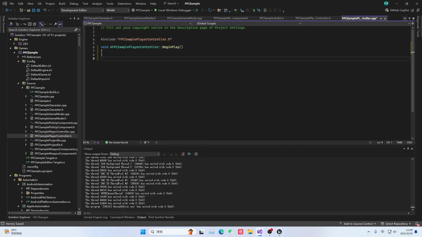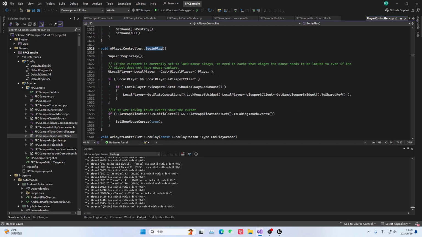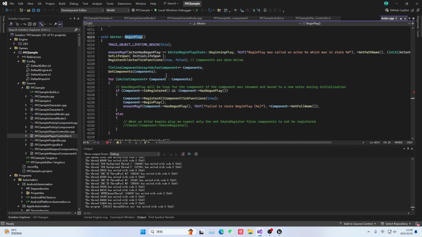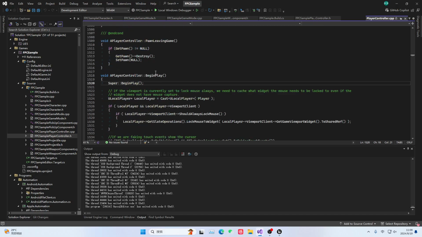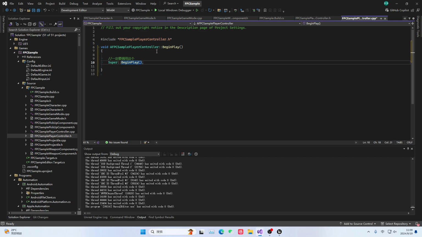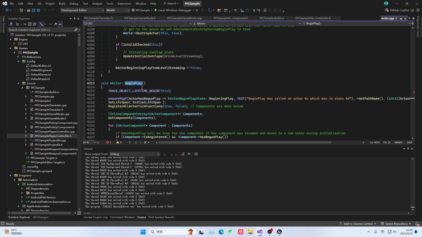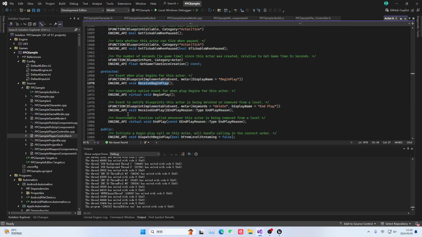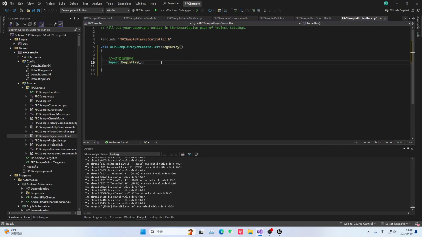Okay, let's create its implementation. And first of all, remember, there is a detail here that must be called. You must call BeginPlay. If you don't call this, a big problem will occur because if you don't call BeginPlay, the registrations in these places will basically be gone. If you don't execute these things, it will lead to some common problems, such as your blueprint BeginPlay not executing. You can see because here, this function, ReceiveBeginPlay, means that the blueprint BeginPlay does not execute, and then your components don't tick, or some other issues. If this is missing, you will encounter this issue.